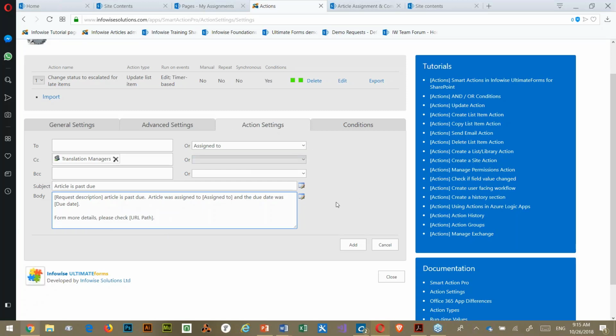Okay, that looks good. Now, you might be wondering, why am I using an email to send a notification instead of an alert? And the answer is the only reason I'm doing it is because I want to be able to tie actions together. And unfortunately, you cannot tie an alert in to an action group at this time. That might be something that changes in the future. Normally, I do not use the email action under normal circumstances because it's so much more limited than the alerts. But in this particular case, because of the larger task I'm trying to do, I have to do it this way. And the conditions are